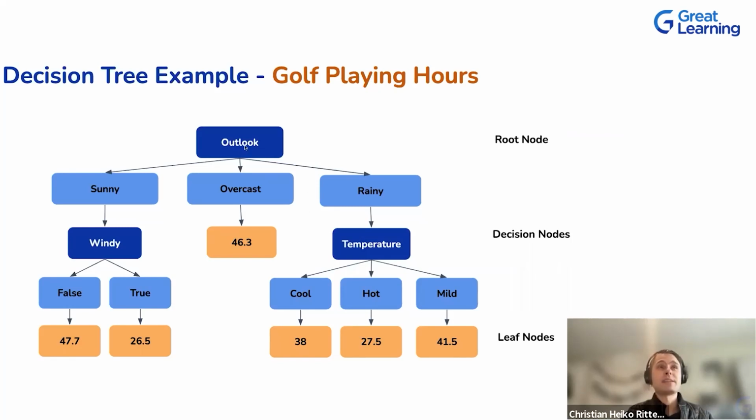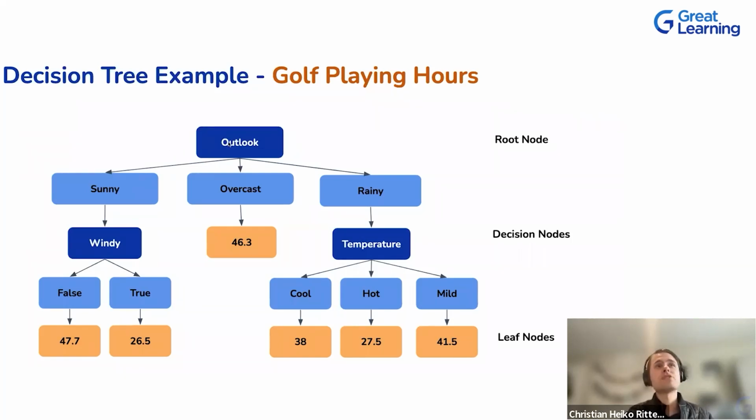I know for a fact, though, that outlook, for example, has only those 3 categories. Windy has only those 2, and temperature has only those 3. Now we could build various versions of a tree where in each version we have, let's say, all those 3 nodes present, and we would make a decision based on those 3. In fact, there are so many potential combinations to build a tree that it's impossible for an algorithm to test all combinations. That's why decision trees actually make what's called a greedy decision at each point.